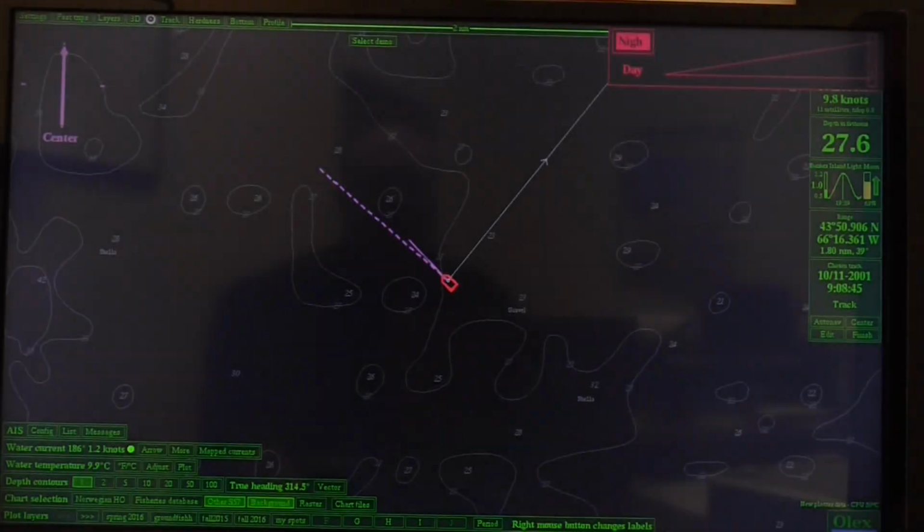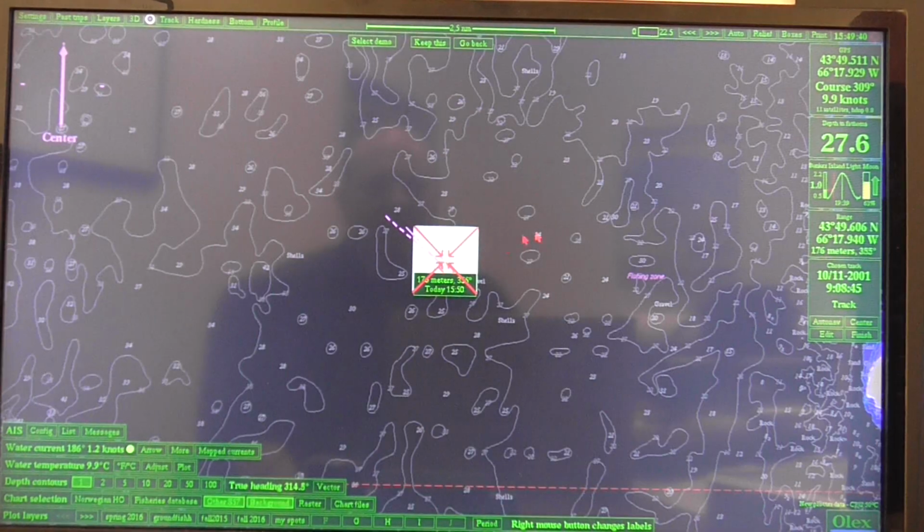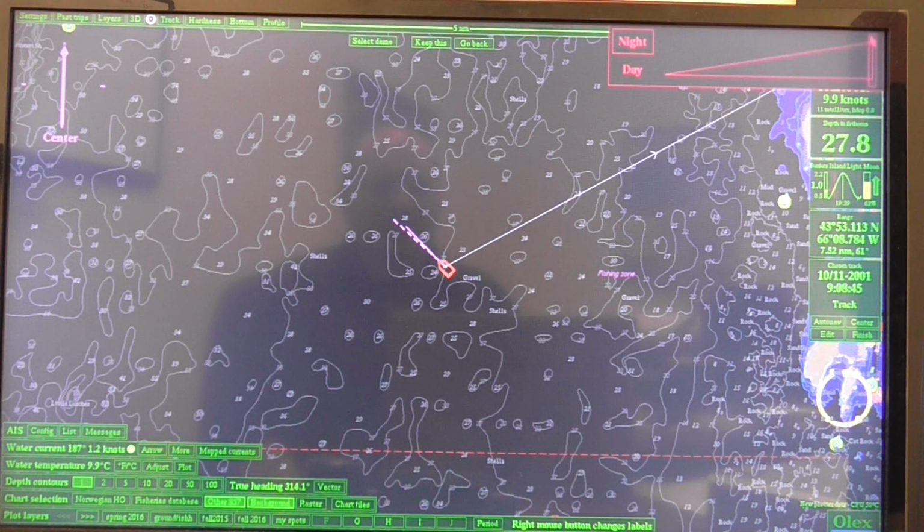So you can go to a really dim screen where you can barely see it, and you see the cursor and you see the red light, so you can always go back and find it. You also have night vision as well, and with the night vision you can dim the screen as well. Okay,